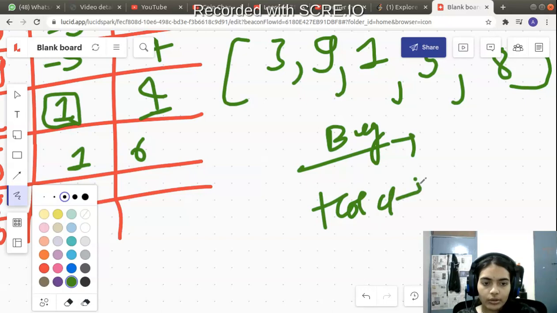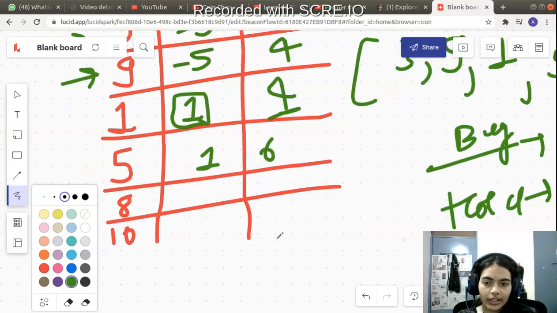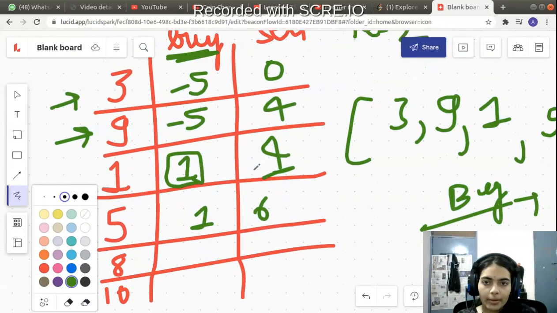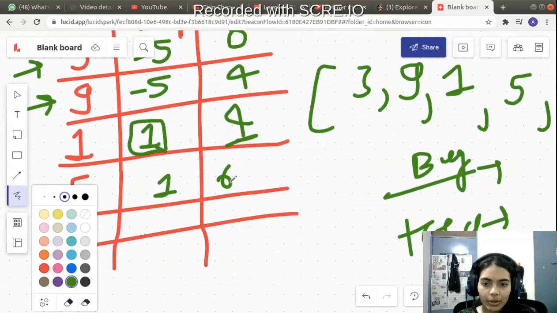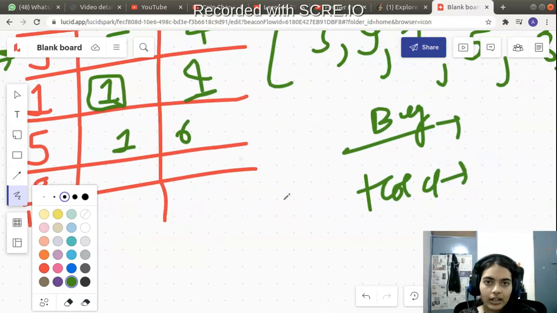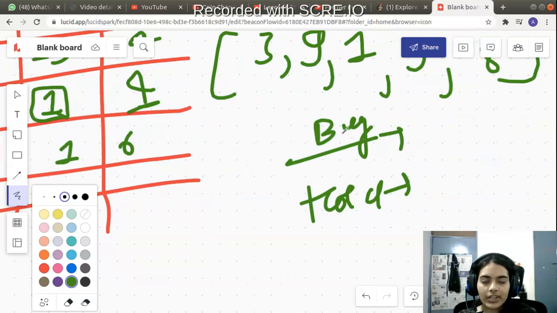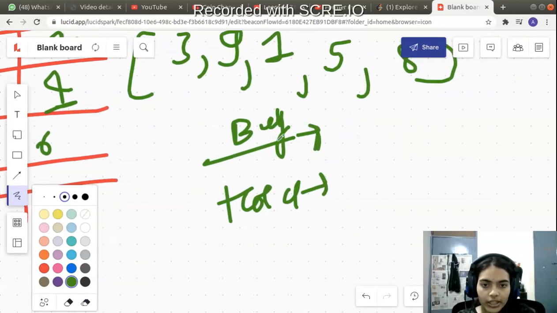Okay, so you need to have one stock in hand. That is what this particular column represents. In this column, if you have to have a stock in hand the entire time, then what will be the price, whichever is more profitable. So the first thing is, is buying a stock on this day profitable.